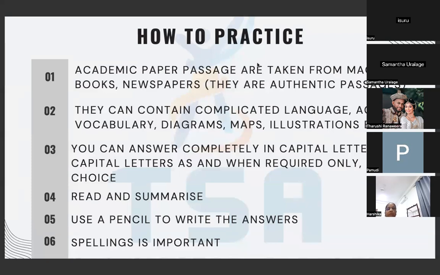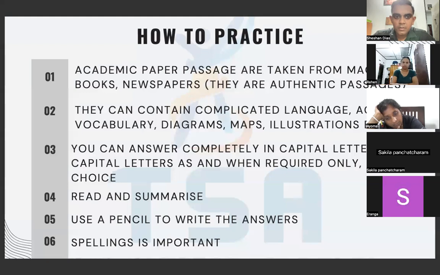All right? So if you have some time, like if you have about 2 months, 3 months for the paper, take some time and do what I'm telling you to do, because in order to face the reading paper properly, you have to be able to read fast and comprehend that information. Do you understand? It's not enough to just do some techniques and try to find answers. Okay? Because with techniques, yes, finding answers will be easier, but it will be 10 times easier if you can actually read fast and understand what you're reading. Do you understand what I mean?